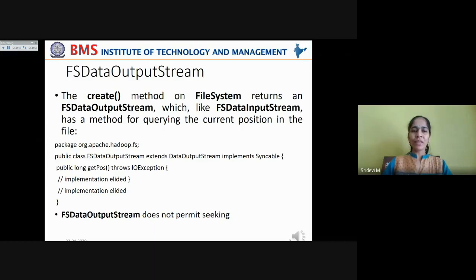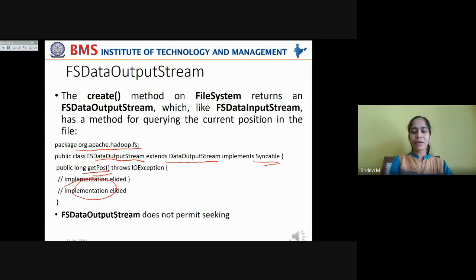For that, you are using the same package here, org.apache.hadoop.fs, and you are using this FSDataOutputStream class, which is an extension of DataOutputStream, and it implements an interface called Syncable. Now, under this implementation, we are trying to implement the method getPos. This getPos method that belongs to the Syncable interface will query the current position in the file.